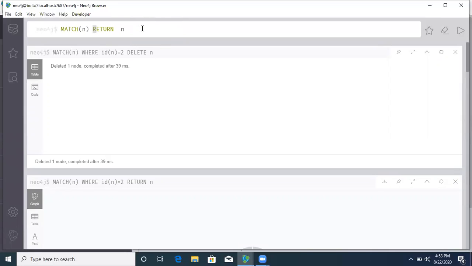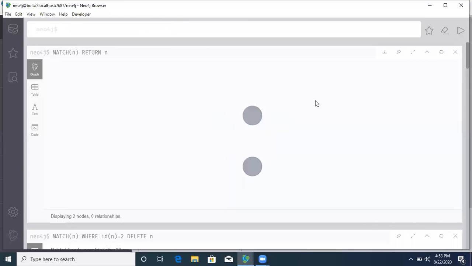We will observe all the nodes now. Yeah, there are only two nodes now because we have deleted the node with ID 2, right? So ID 0 and ID 1. Okay, so this will return all the nodes, right? So this is how we can play with this.